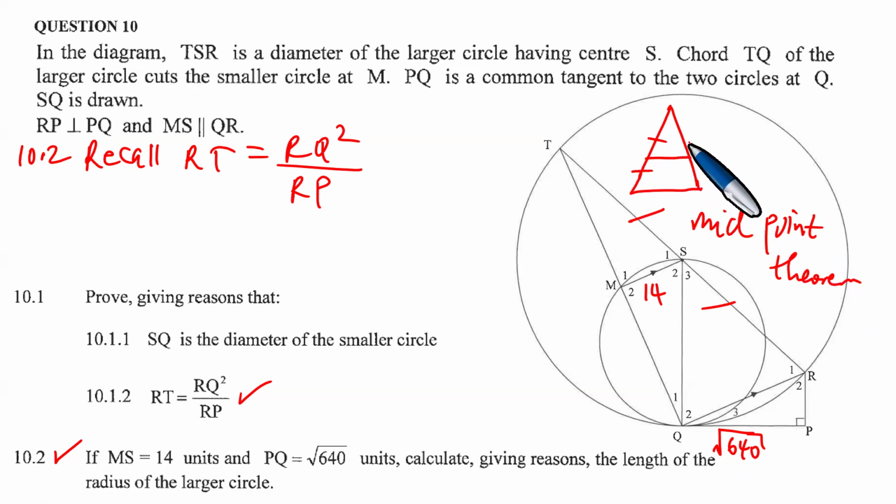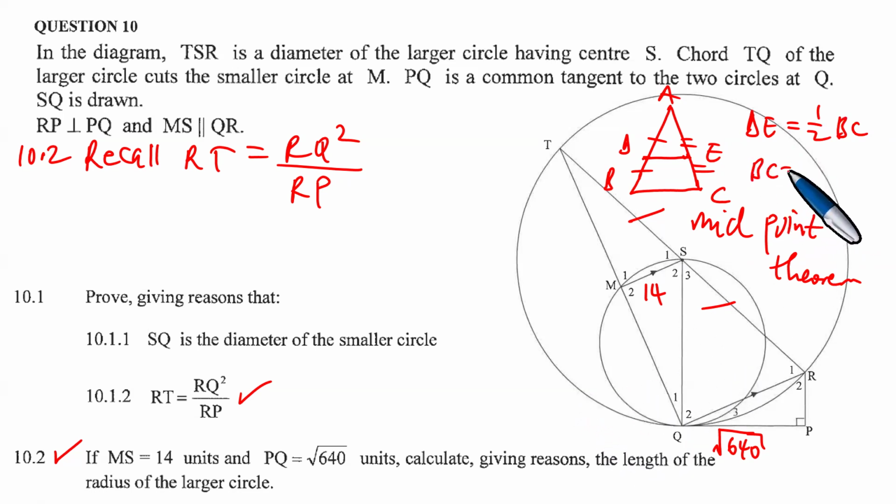The midpoint theorem tells us that if you have the midpoint like this, and if this is A, B, C, D, E, then the length of DE is half BC. Or you can say, if you cross multiply, BC is equal to 2 times DE. That allows us to find